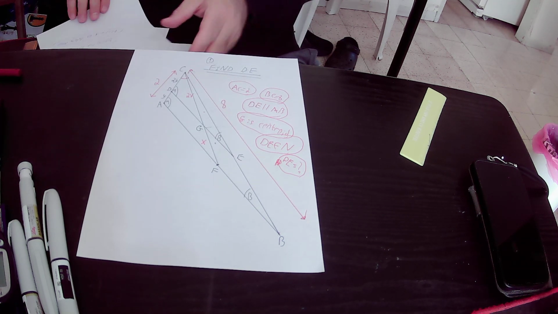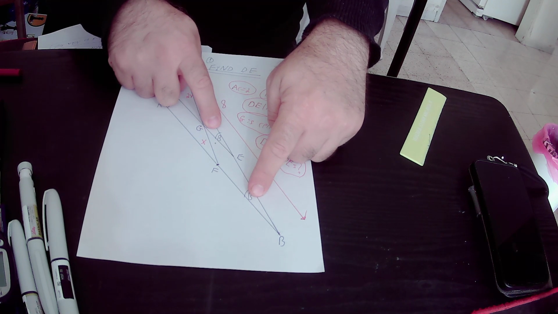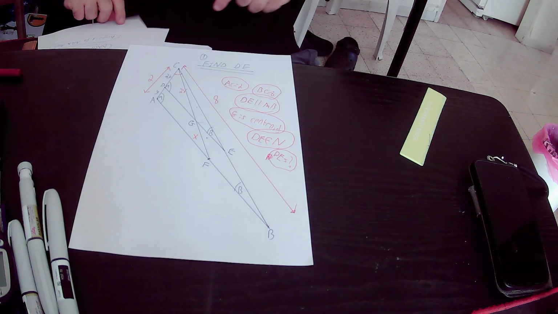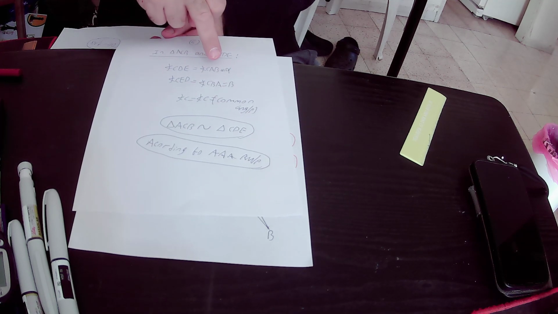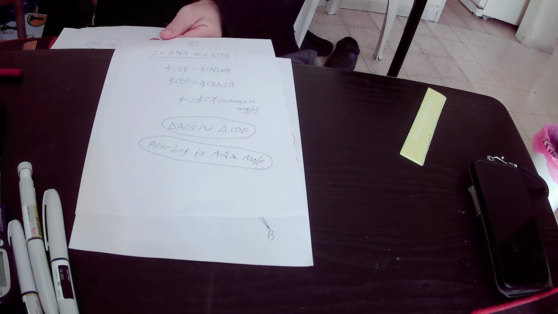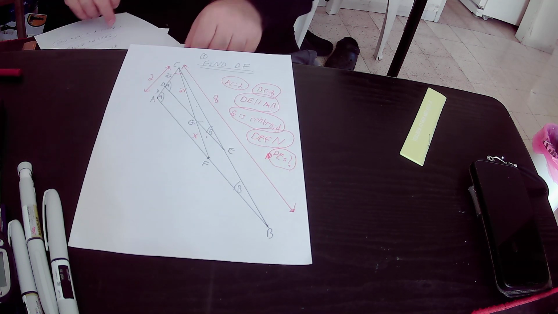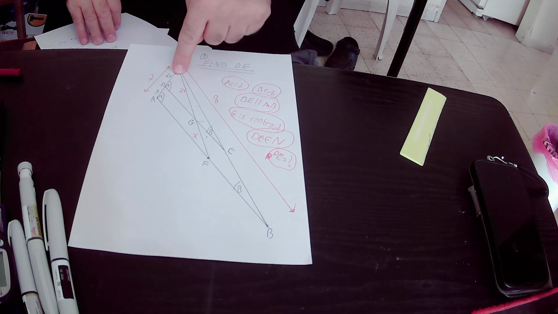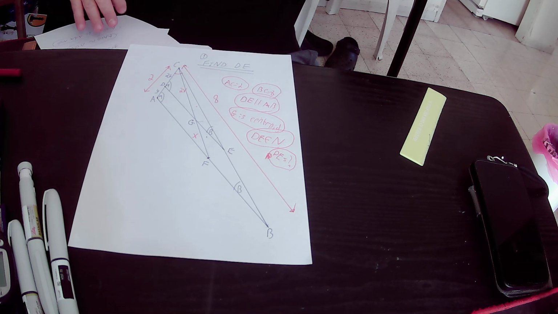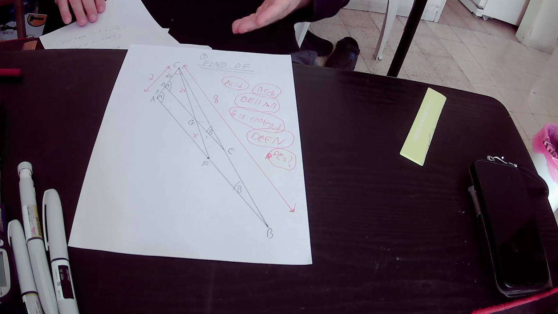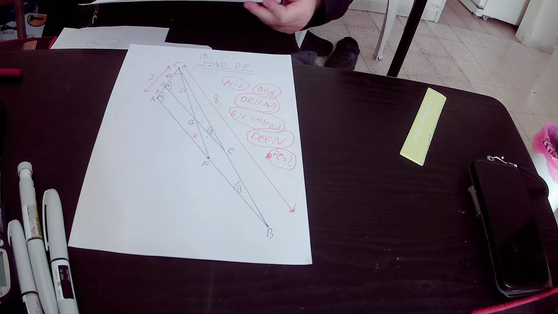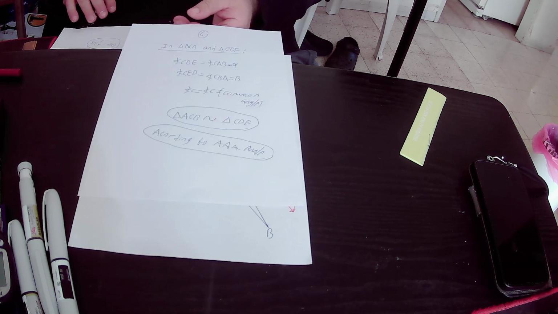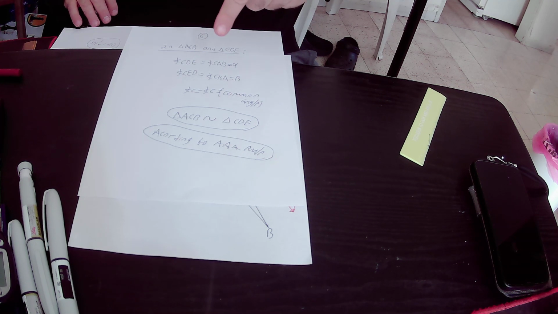We also know that those two angles are equal to each other. Both of them are equal to beta. So angle CED is equal to angle CBA, both of them equal to beta. And the third angle, angle C, is a common angle. It belongs to both triangles. So we can write down that angle C equals angle C. It's a common angle. So in this way we proved that all the angles of triangle ACB are equal